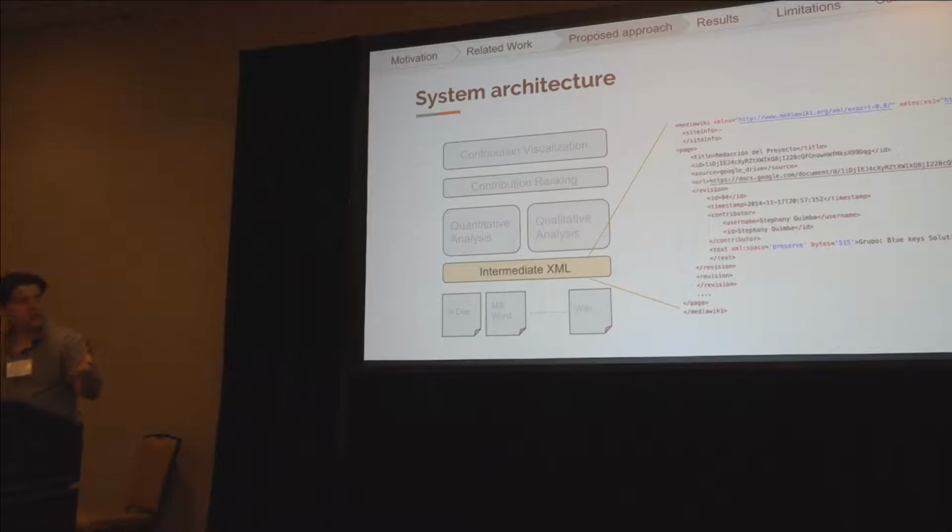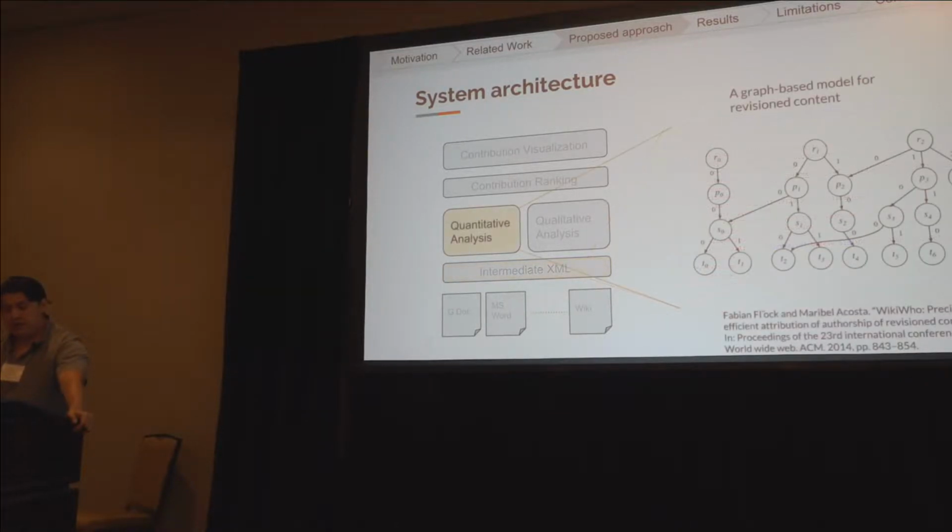So in that way we can store the information that we get from the Google or Microsoft Word APIs in that format in our repository, and then we can perform a quantitative analysis based on previous work using the